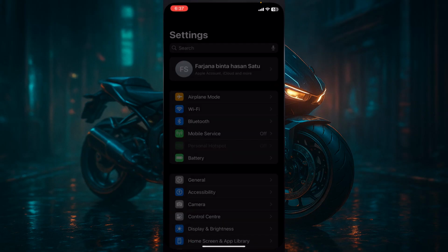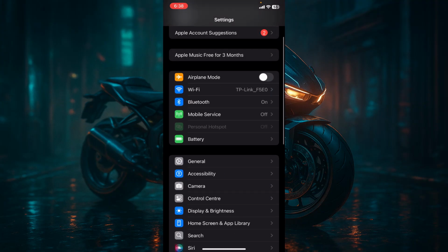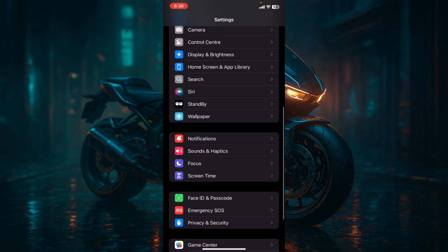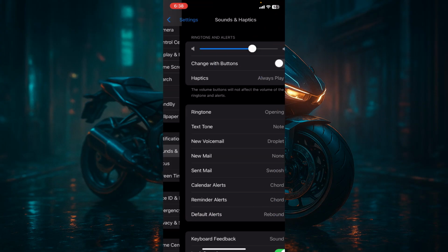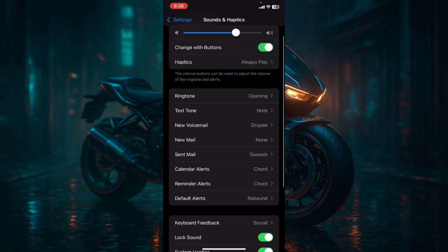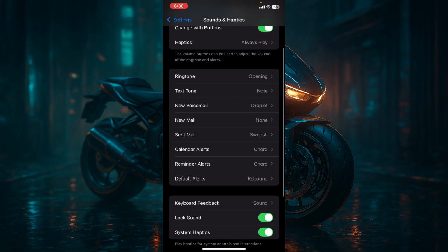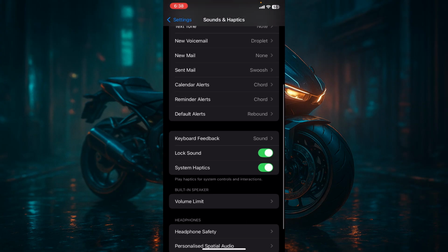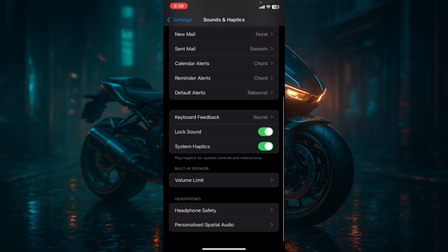Now first of all, go to settings and scroll down and find sounds and haptics. Click it, and here you can see the option change with the buttons. Just enable it. That's right, I just enable the toggle, and after that scroll down and go to headphone